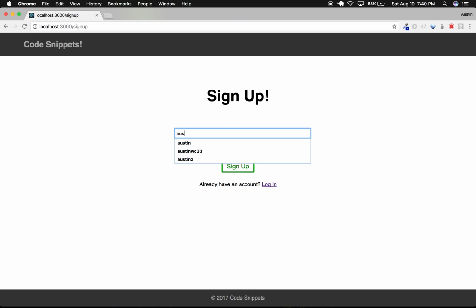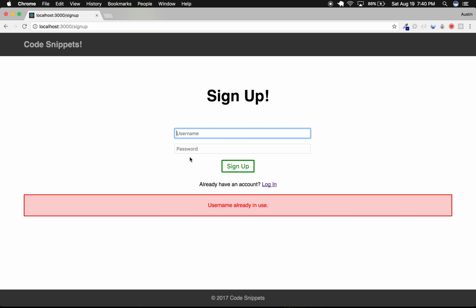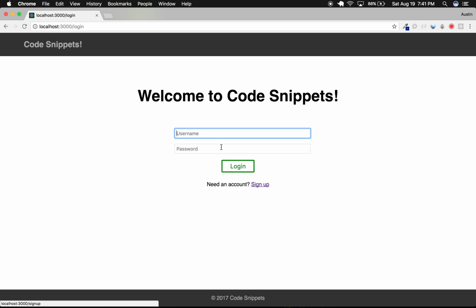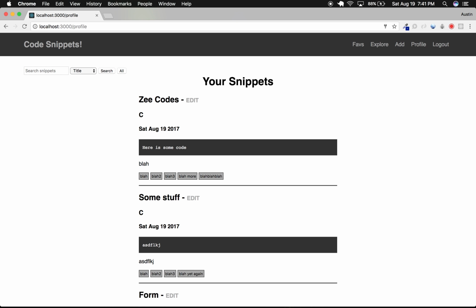Let's say I'm going to sign up with a username that already exists. You get an error message telling you that that username is already in use. So let me go ahead and log in with the username that I've already created. Alright, so as soon as you log in, you're taken to your profile page, which has a list of snippets